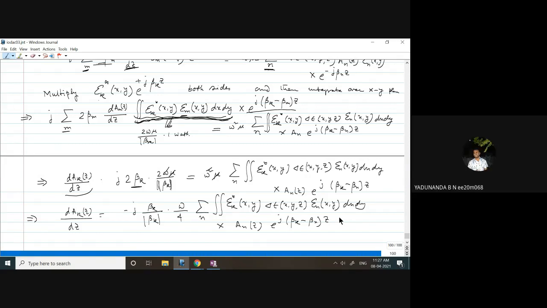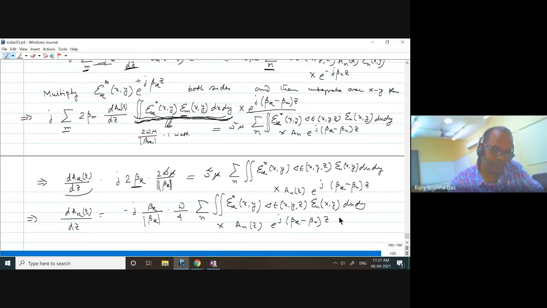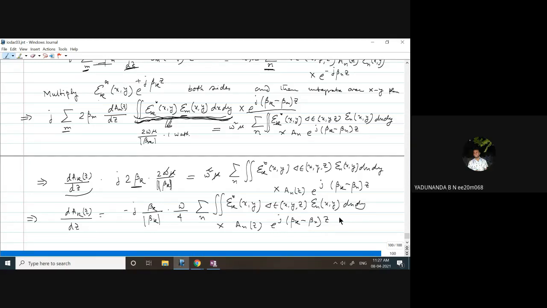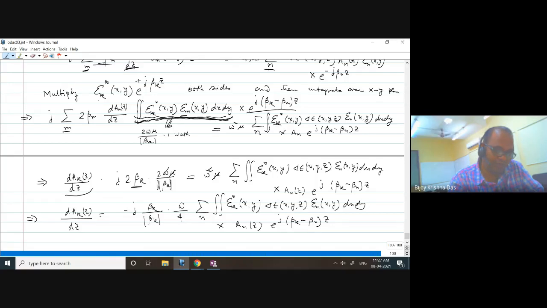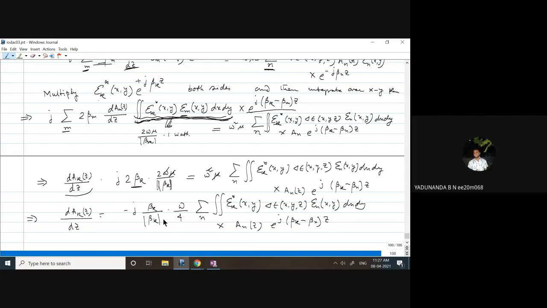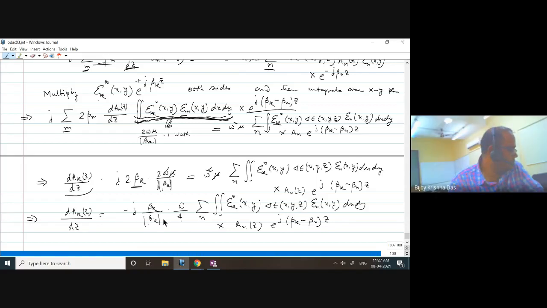Sir, it should be mod beta k by beta k. Is there any difference if we just exchange numerator and denominator? Okay, yeah. So it does not matter, right? Yes, sir. I normally prefer to put beta k in the denominator because in the textbook they have written like that, so that I don't want to confuse you. It does not matter if you put mod here and there, with the same value, plus minus, numerator or denominator does not matter, right? Okay. So normally we are writing like that.